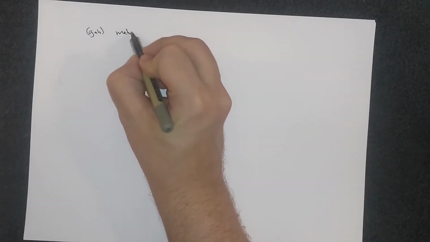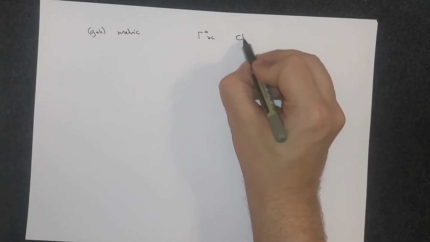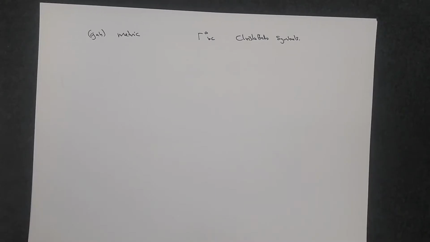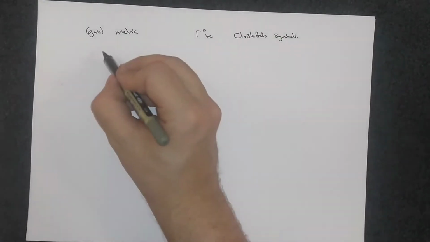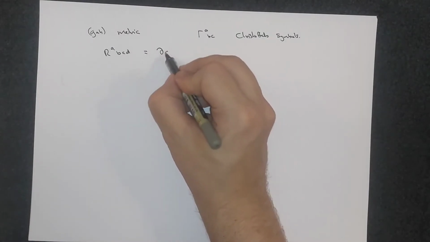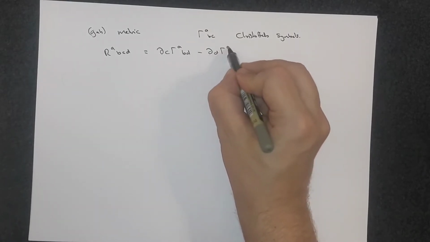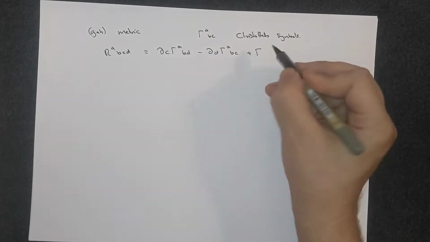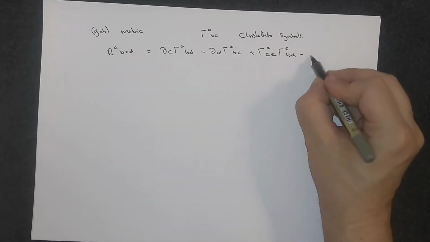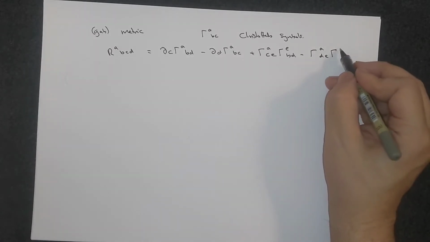the metric, then Gamma^A_BC we're going to write as the Christoffel symbols of the Levi-Civita connection. The Riemann tensor is given by d_C Gamma^A_BT minus d_T Gamma^A_BC is Gamma^A_CE Gamma^E_BT minus Gamma^A_DE Gamma^E_BC,